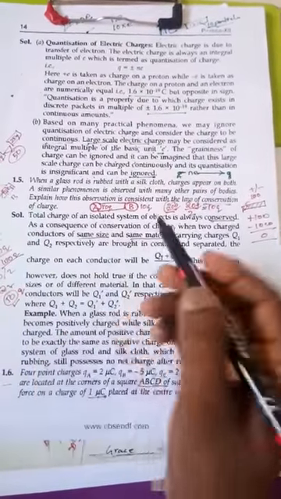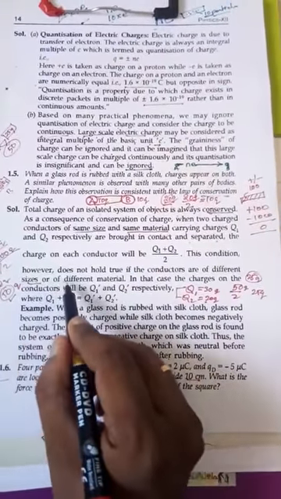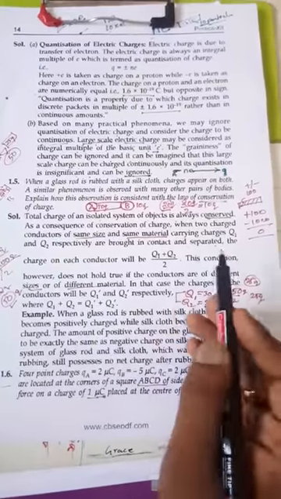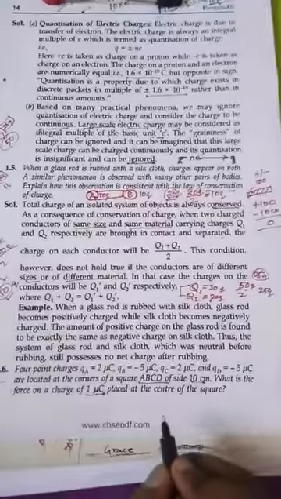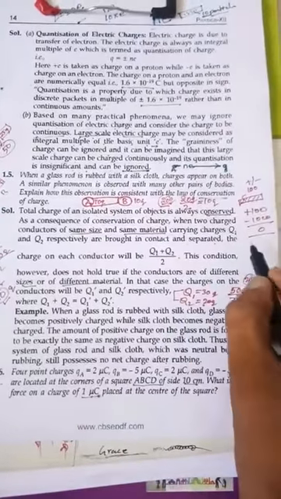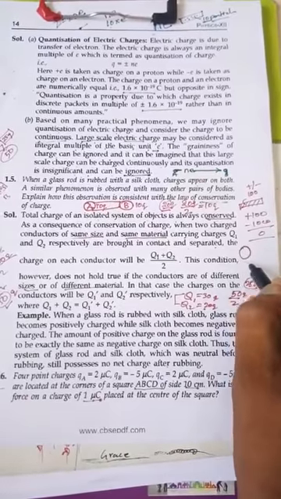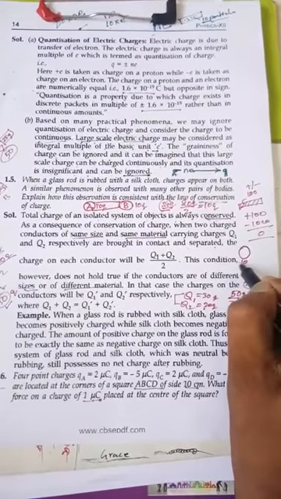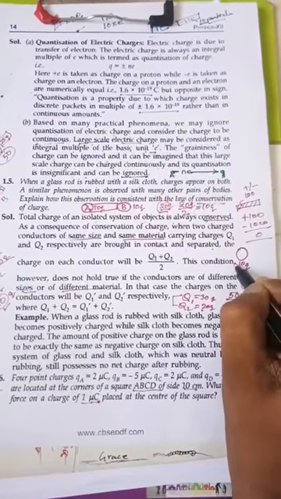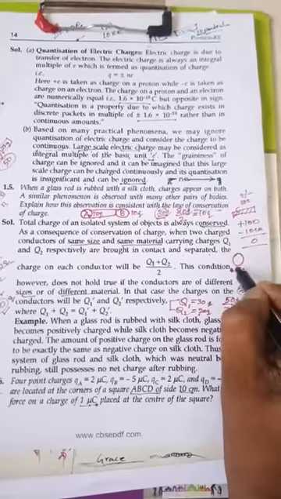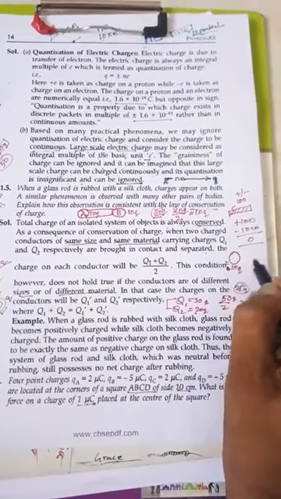Suppose the size and the material are different. Suppose sizes are different or materials are different. What happens? Here you see, suppose the size and materials are different. For example, this is 10Q, or generally you take 10. 10 means total positive charge and negative charge combined. That is the neutral position.